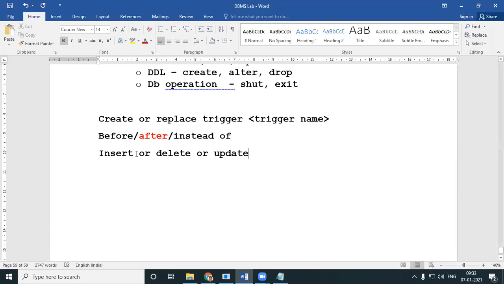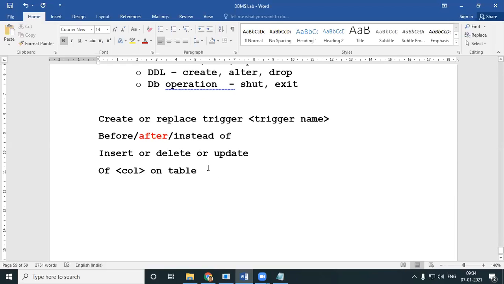So based upon either insert or delete or update, or might be a combination of these together, any combinations will perfectly work for the trigger to happen. You even give your columns, which columns need to be updated, and then on which table.